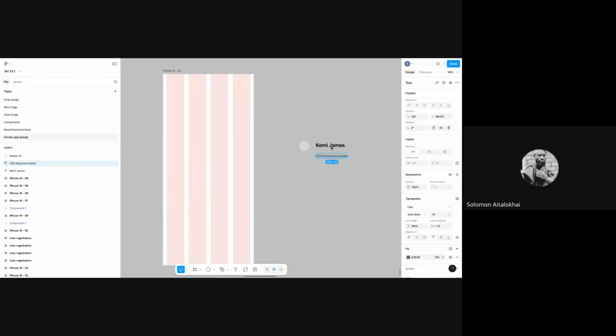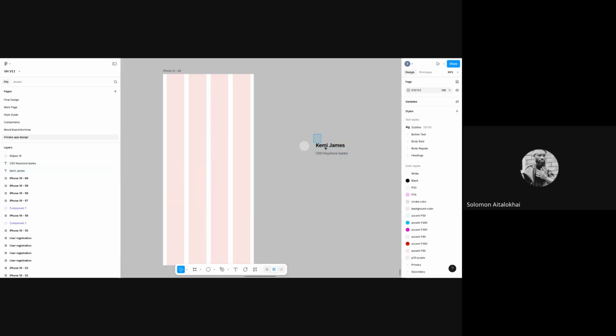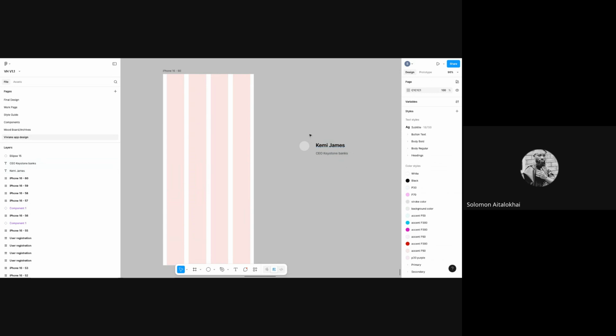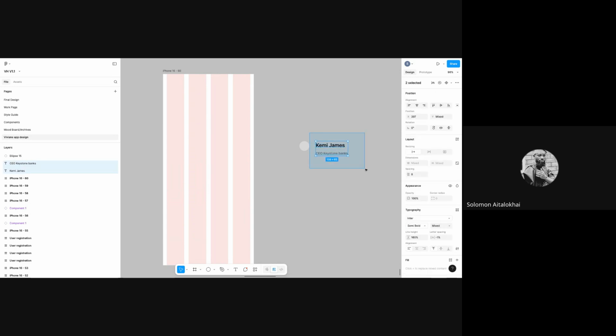These two now, I want to place them together. So you click on this, hold your shift key and click on this. You want to put these two things in auto layout. You click on this, hold your shift key and click on this, or you highlight both texts. You either click, shift, click to highlight both of them, or you highlight them like this. You click, hold, and highlight. Then you press Shift A, the shortcut key for auto layout, or you right click